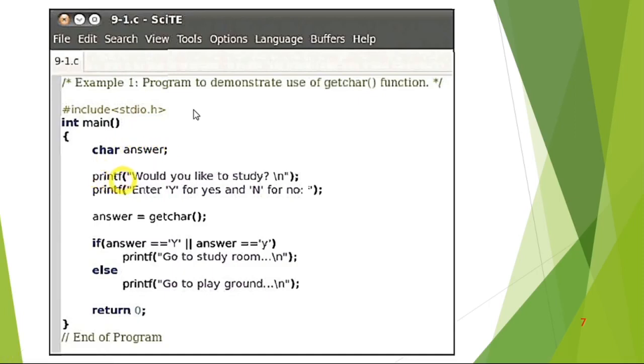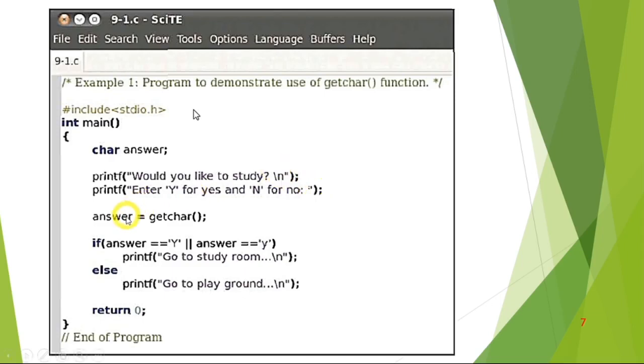Now printf, then bracket, quote, would you like to study, question mark, then backslash n, quote over, then semicolon. Then printf quote, enter Y for yes, capital, because a single character is always written in single quotes. Okay, and single quote for no. So here you give the input to the program, yes or no.